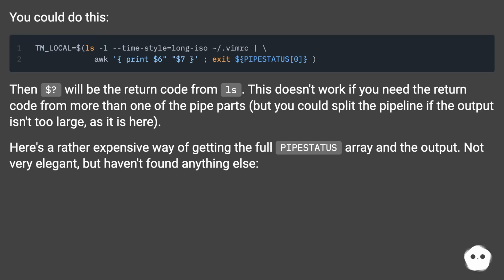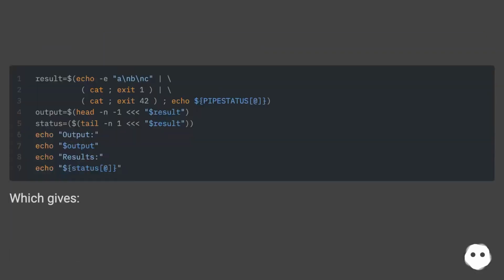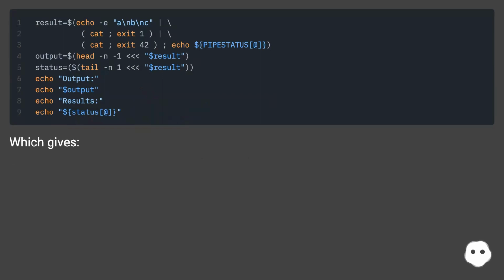Here's a rather expensive way of getting the full pipe status array and the output. Not very elegant, but I haven't found anything else. Which gives